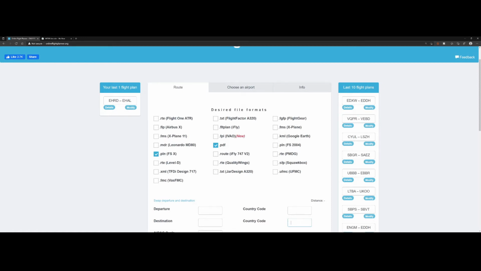Welcome to this new how-to. In this how-to we're going to look at how we can use onlineflightplanner.org to schedule a flight for Flight Simulator 2020. When you go to the site you will end up at this landing page, and the landing page will